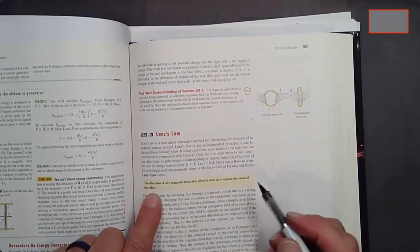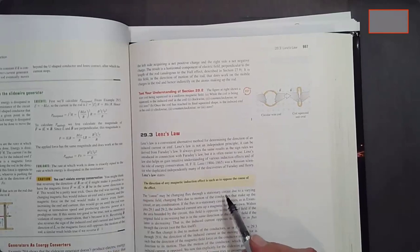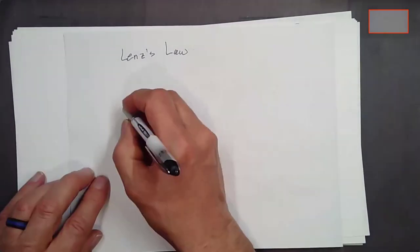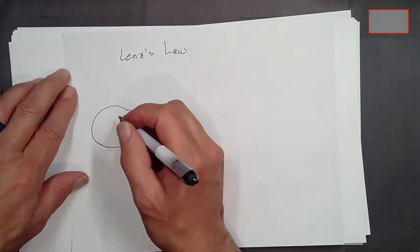Okay, I don't know if you can read this or not. Maybe not. But it says the direction of any magnetic induction effect is such as to oppose the cause of the effect. All right. Well, in this case, what we have, if we look down from above, we're looking at this